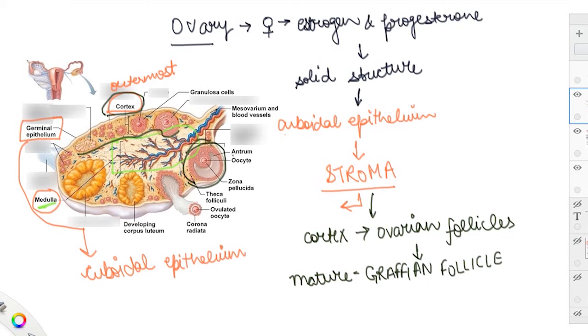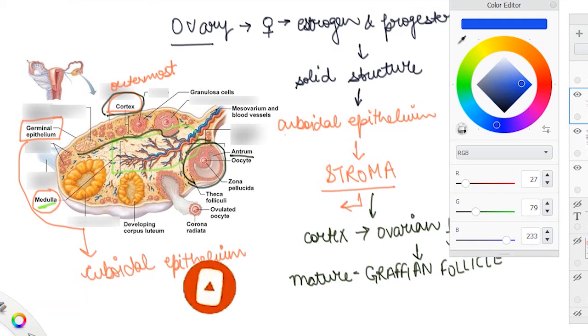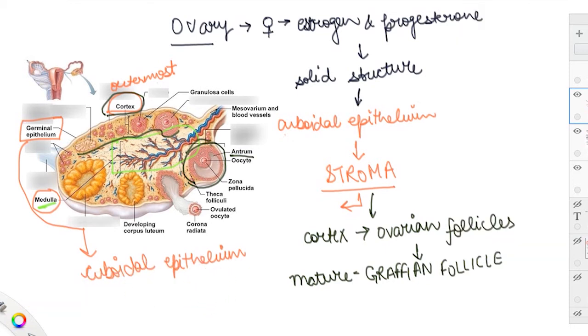Now how have I made you classify this? Because the Graafian follicle contains a fluid filled cavity that is known as the antrum. That is why I have circled this follicle, to explain why it is known as the Graafian follicle. Let me add a label here so that you can clearly know what the Graafian follicle is. If you are confused, the encircled portion is the Graafian follicle. I'll write it down here so that you are not confused. So this is the Graafian follicle.